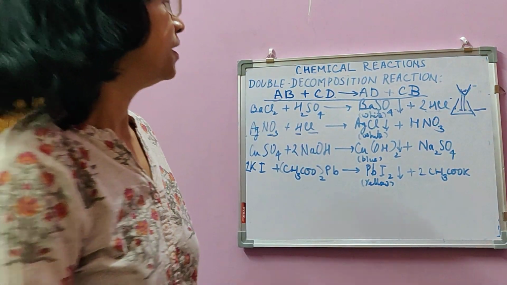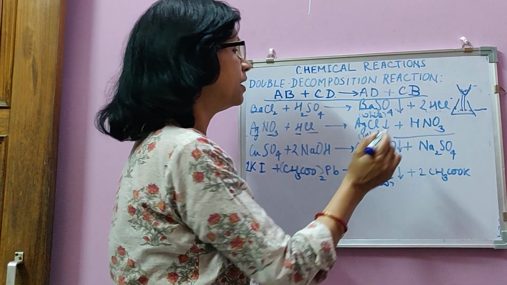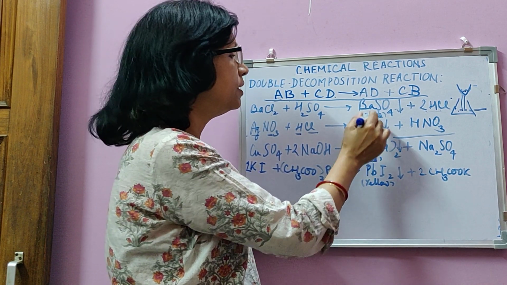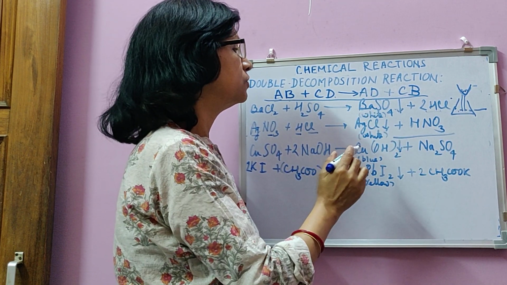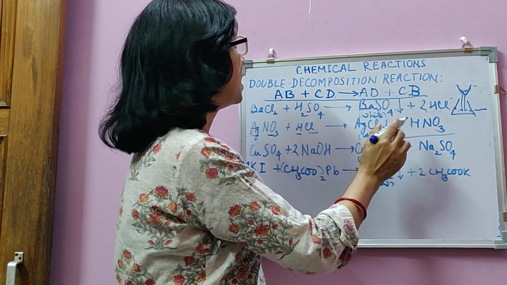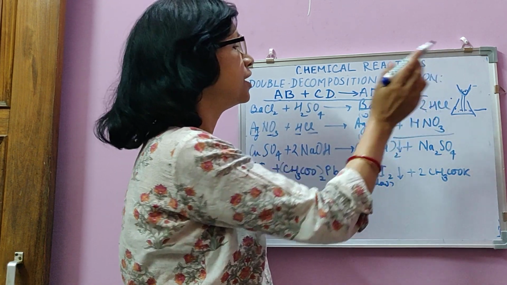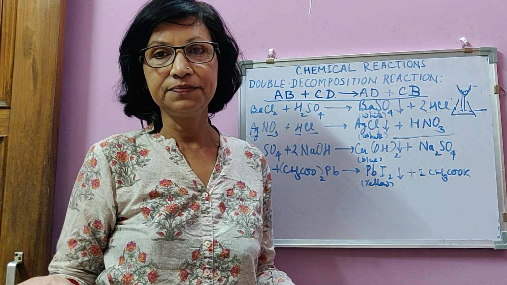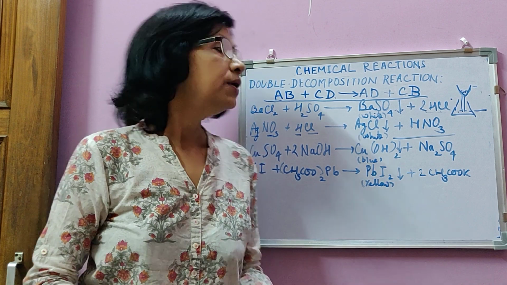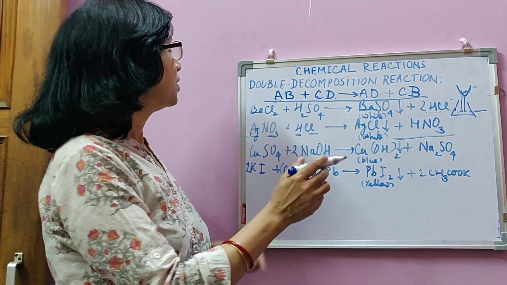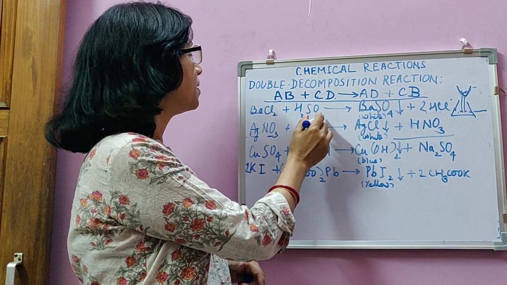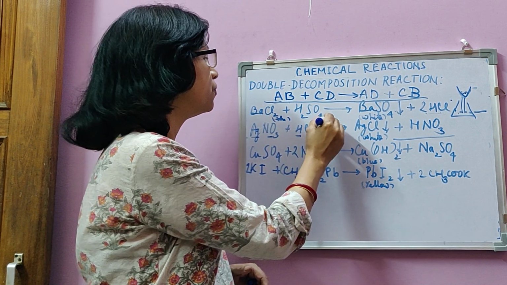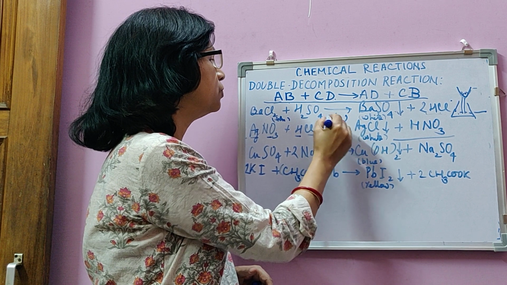If we don't filter but allow the mixture to settle for some time, then silver chloride, being heavy and insoluble, settles in the lower part of the solution. This type of double decomposition reaction is said to be a precipitation reaction. So, a chemical reaction in which two ionic compounds in their solution form, we can write here SOL for solution, for writing that they are in aqueous solution form.